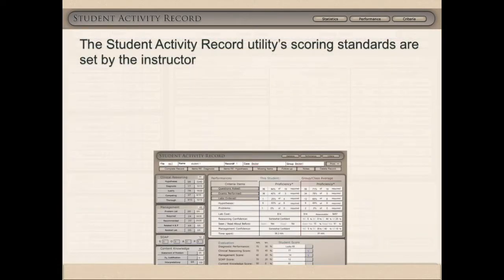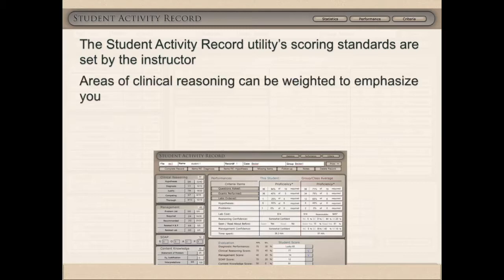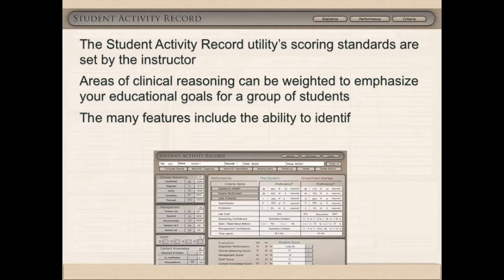The Student Activity Record utility's scoring standards are set by the instructor. Areas of clinical reasoning can be weighted to emphasize your educational goals for a group of students. Also among the Student Activity Record utility's many features